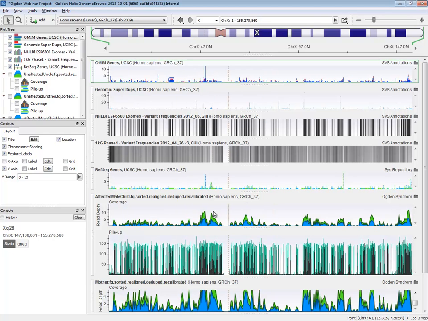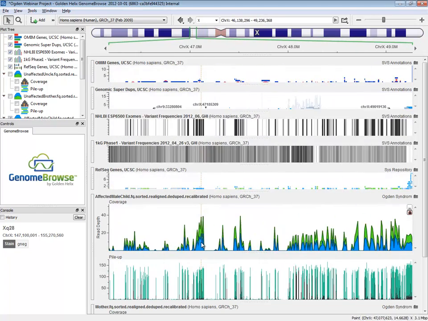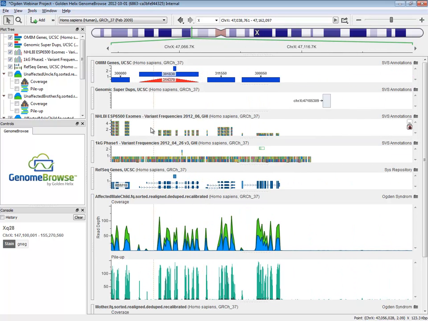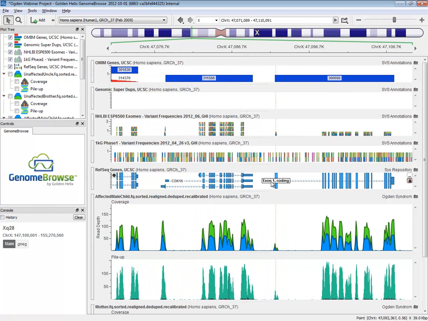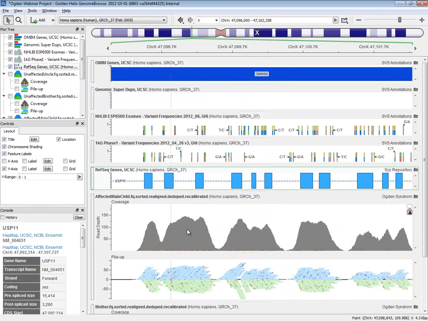The nice thing about Genome Browse is that it's so intuitive. You just start rolling your mouse forward, using a mouse scroll zoom, and you can get down to the place of seeing individual genes, highlighting those, seeing individual variants show up in these variant catalogs, and seeing, as you double click on a gene, the individual reads showing up. In this case, this is an all reference gene. You can see all these annotations, it's an OMIM, etc.